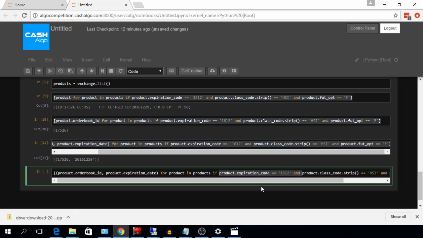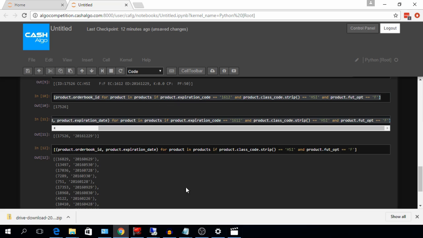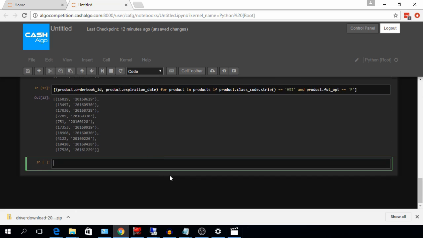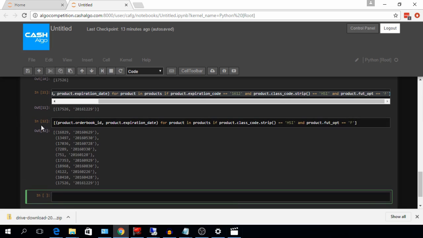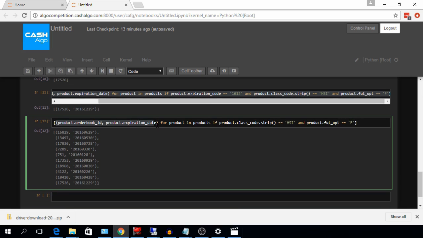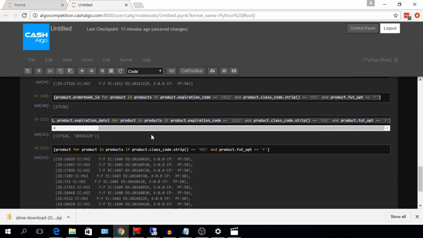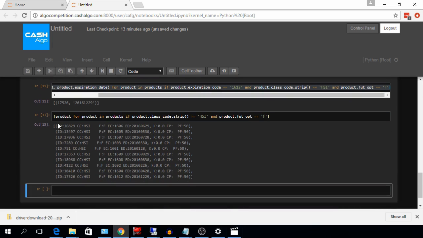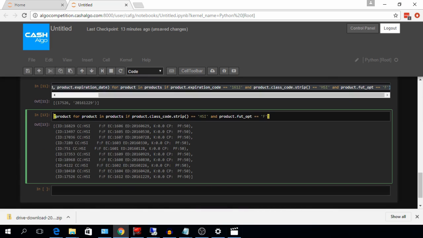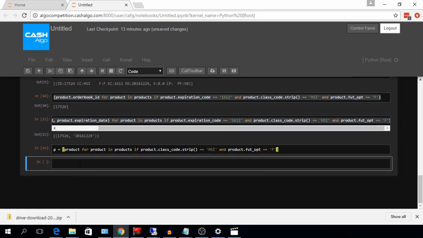Just remove this condition, and we get a list of product IDs and maturities. So let's go back to extracting all information. So I get the product again, and assign this to a variable b equal this,